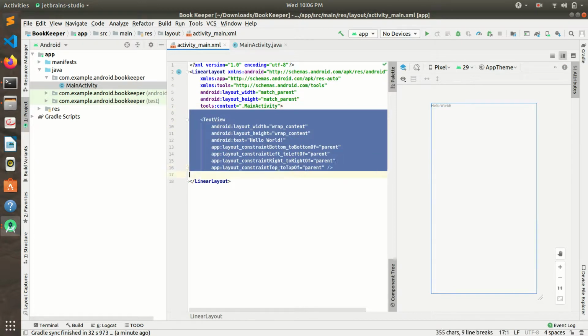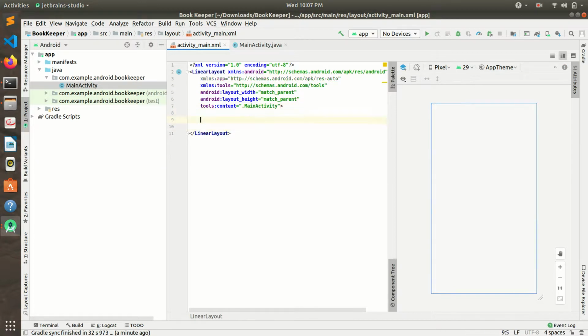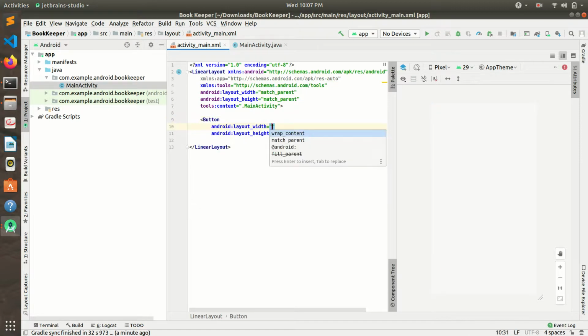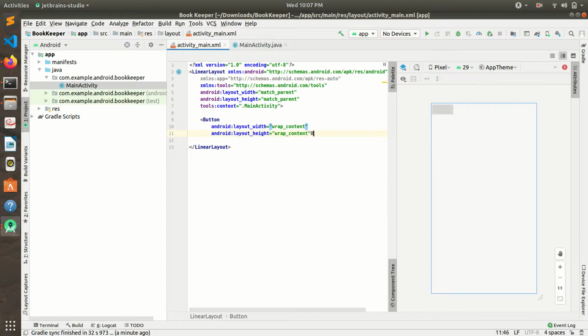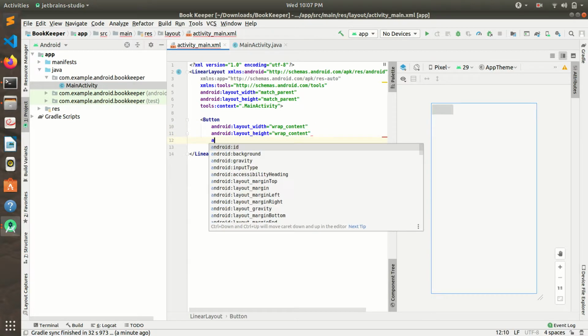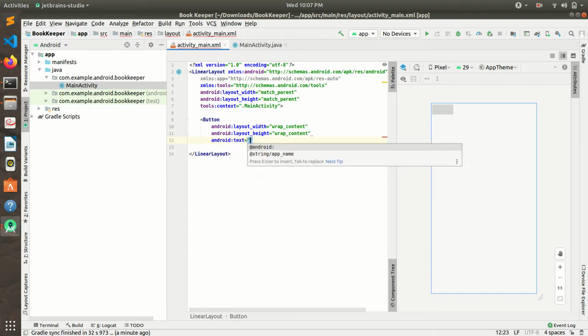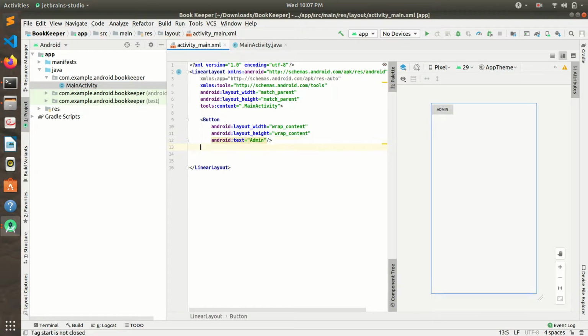So I am removing this text view. Button. It will be wrap content. And text: this button will be for admin, and another button for the user.